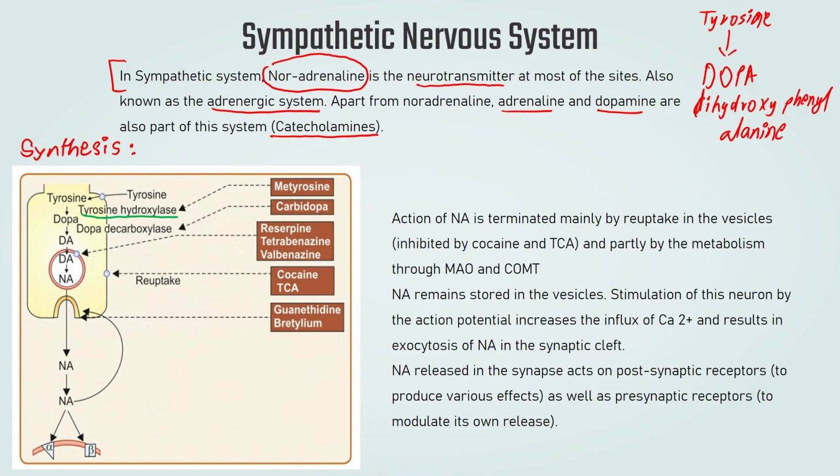Now this step is the rate limiting step, which means this enzyme will decide the rate at which noradrenaline is formed. And this enzyme is inhibited by